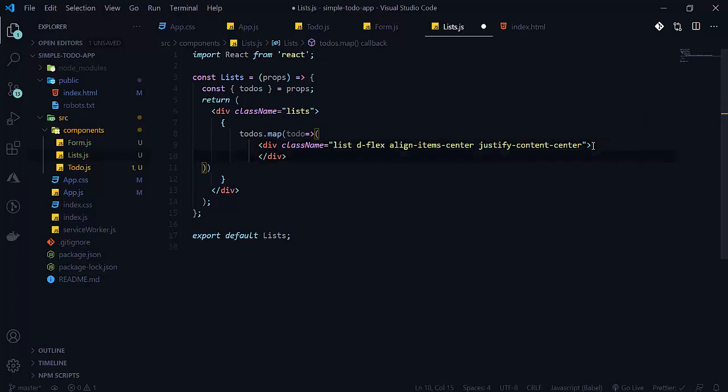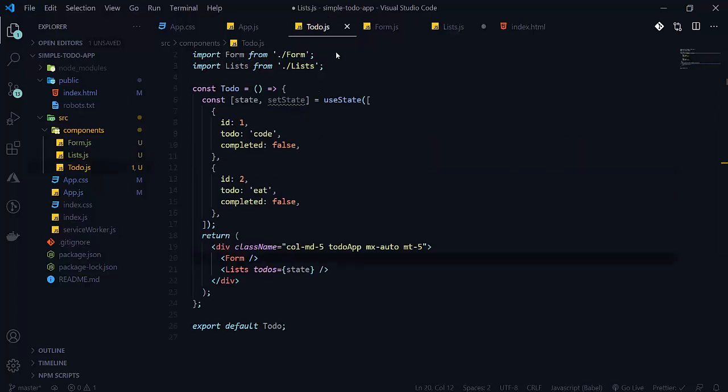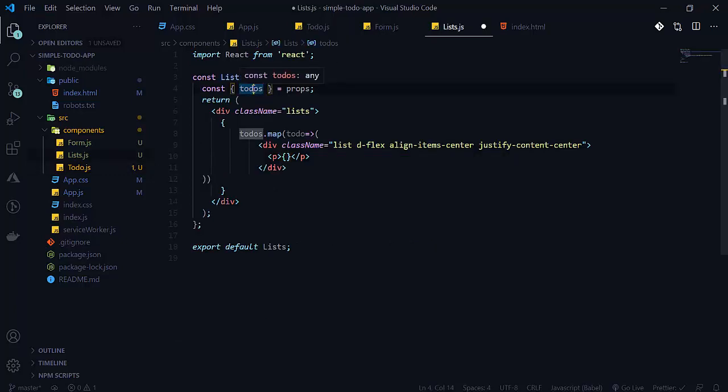After that we will pass our p here, a paragraph. The paragraph we will do dynamically. See that in the todo there is a todo, so we have to print our todo here. So we will write dot todo with our todos here. As here, the state represents the list, todos represent the state here, because we are passing this as a prop. So we are passing a state to our todos here. So our state is acting like todos here.